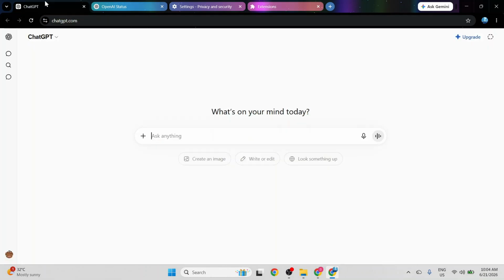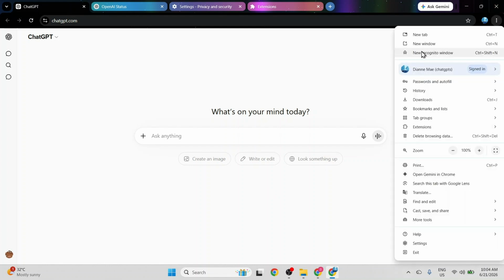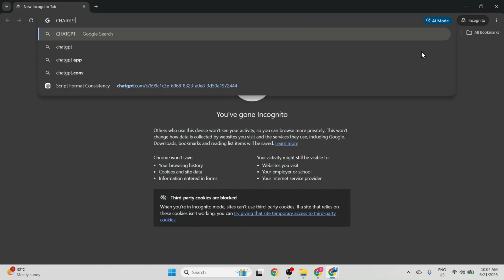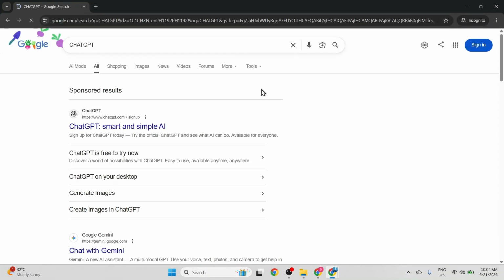After closing the extension tab, I decided to try accessing the site through a completely clean session. I click the three dots menu one more time and select the new incognito window to bypass any remaining local restrictions. In the incognito browser, I search for ChatGPT once more, click on the official link, and I'm greeted by